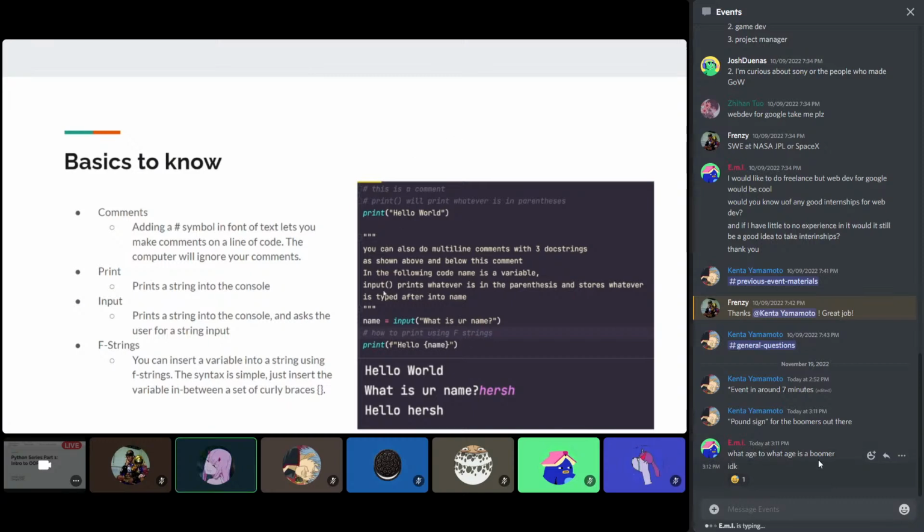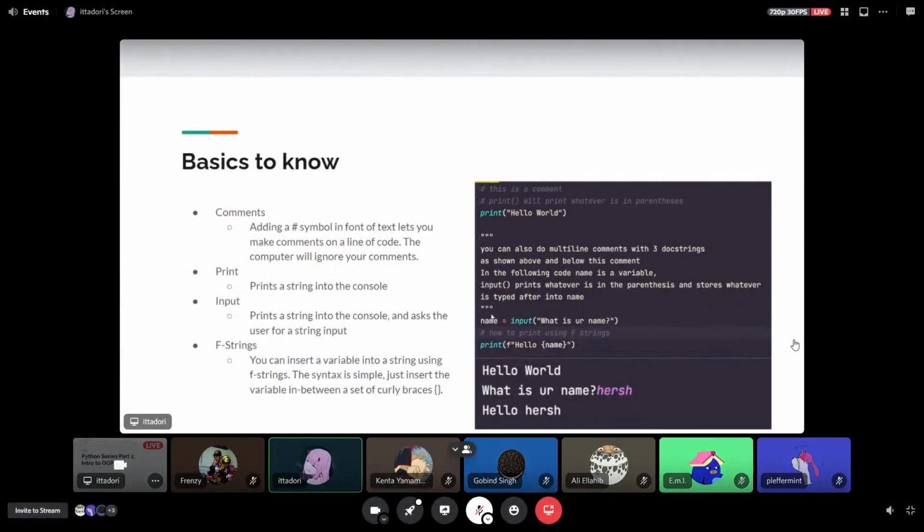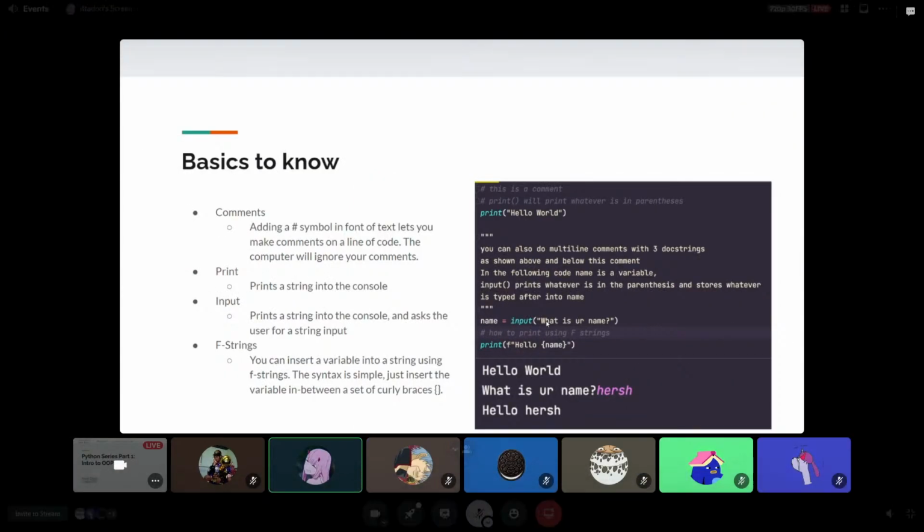And input is a function similar to how in C++ there's cin. In Python you could just write input. So here we have a variable called name, and then I just wrote input, what is your name? Whatever you put inside the parentheses of the input is what will be displayed. You don't actually have to print something and then write name equals input. You could just write name equals input, and inside the input function you could write whatever you want to display. And whatever you write after in the console, as you can see here, it prints out what is your name. I wrote Hirsch, and now name actually equals Hirsch,